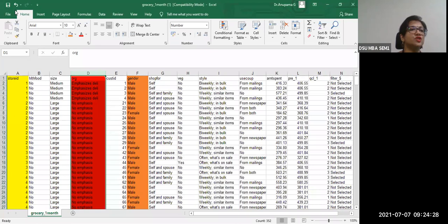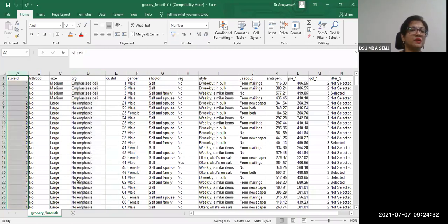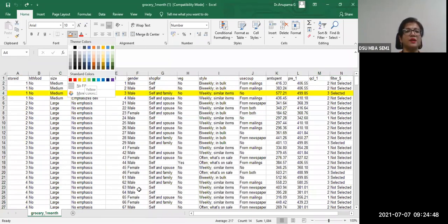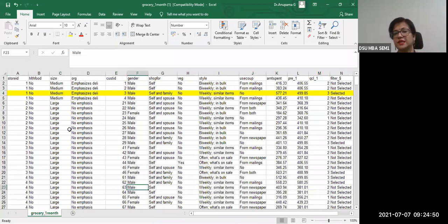Now let us go back to a few things. Let us undo the coloring of the columns. Very good. Yeah, Nisarga, Raksha, thank you for the answer. Yes, it is gender. All right, now let us proceed. Now I'm going to highlight a few rows on the Excel sheet. I hope you understand now. What I'm now highlighting is a row. Now what you see highlighted on your screen, yeah, you can see the yellow color highlighted row on the screen, horizontal.